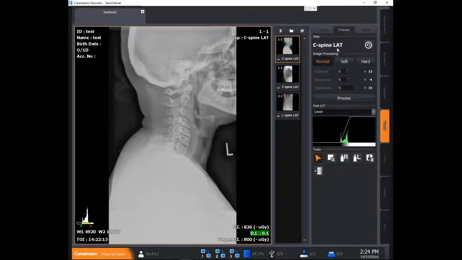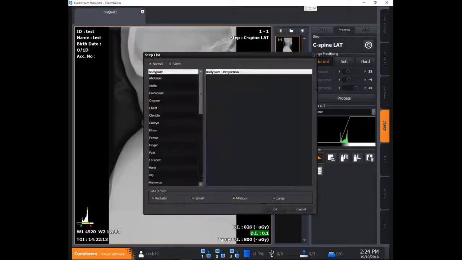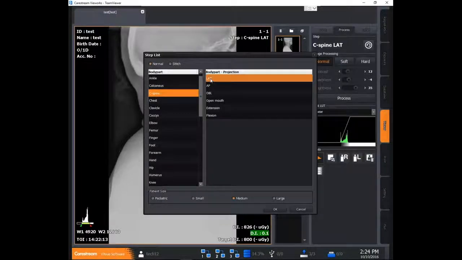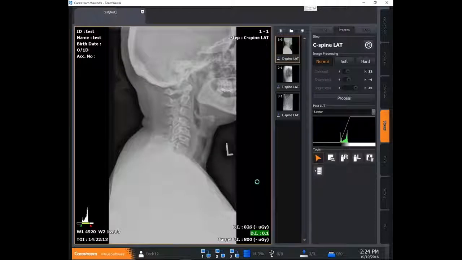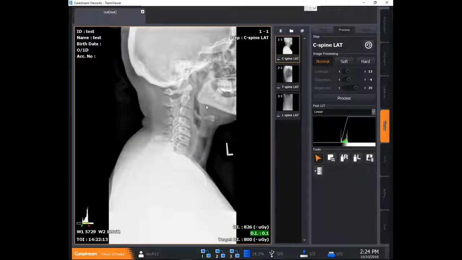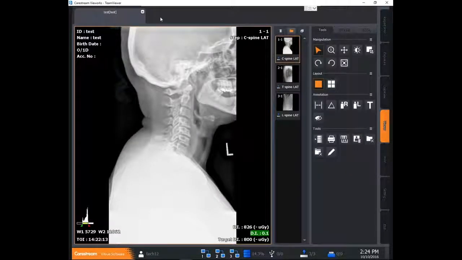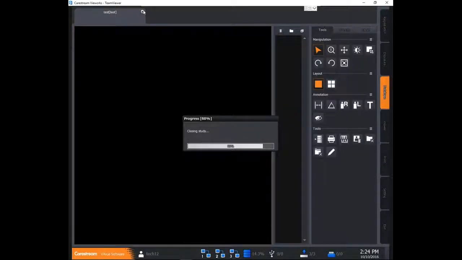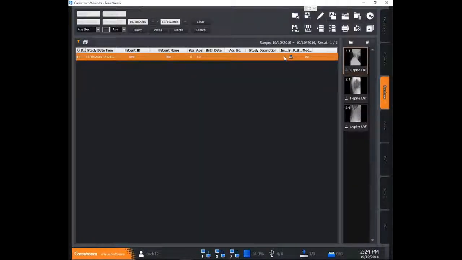If we need to reprocess an image, you can come here and reprocess it as whatever body part that we need to. When you're finished, go ahead and click the tab again, closes it, and back to the database. If you need to manually send any images, want to pick and choose,